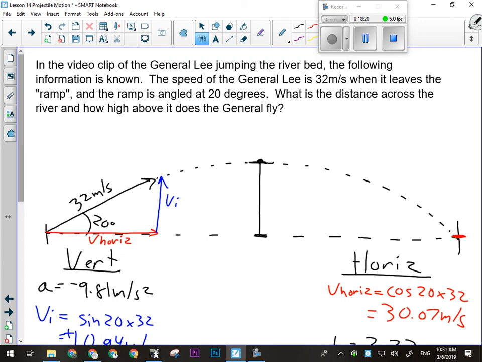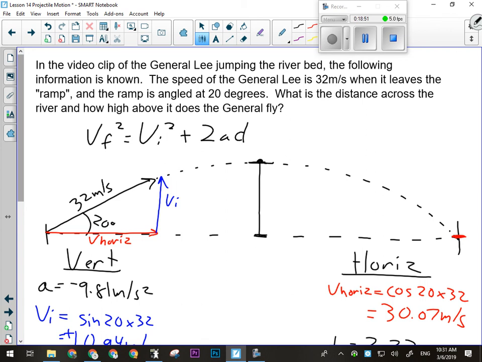How fast is it going at its maximum height? 0. If I remember that at the maximum height, any object moving vertically has a velocity of 0 because that's the turnaround point, I can solve this using this formula. And I find people screw it up less. You can do it whichever way you want, but I find people screw this way up a lot less